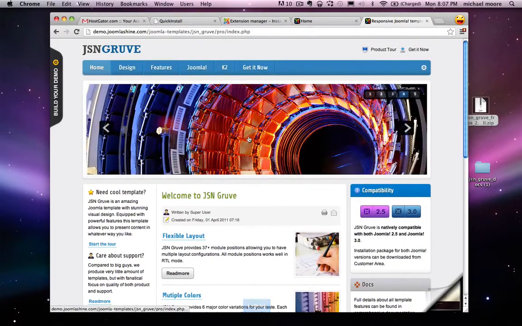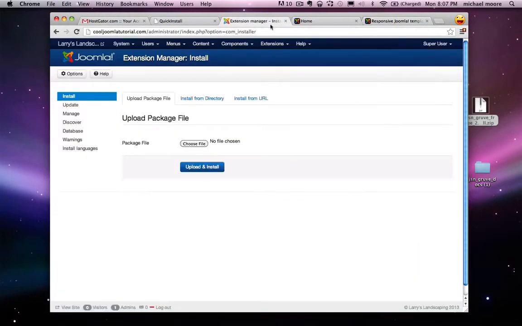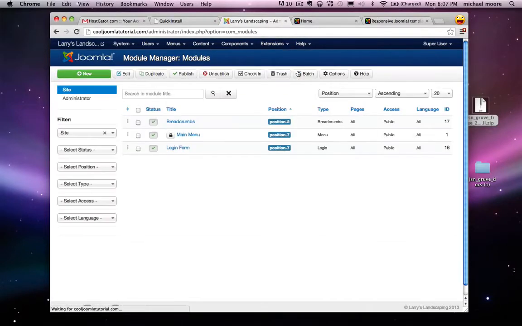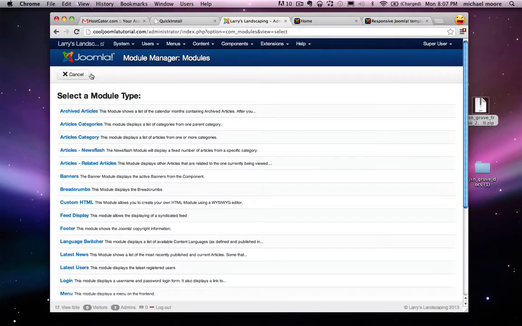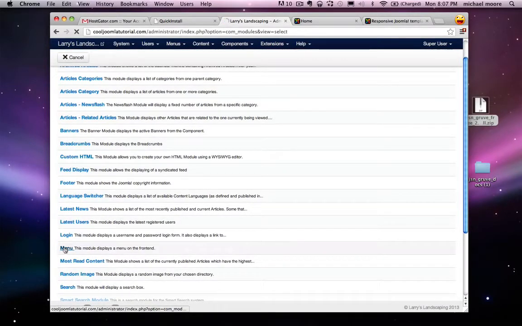So let's create a new menu. Let's go over to the module manager by going to extensions and clicking module manager. So this is where we can edit, delete, or change any settings of any of the modules on our Joomla website. This is where you can also create a new module, and that's what we're going to do right now. So let's go to the new button right here at the top, and we're going to create a new menu module. So let's click the menu button right here,